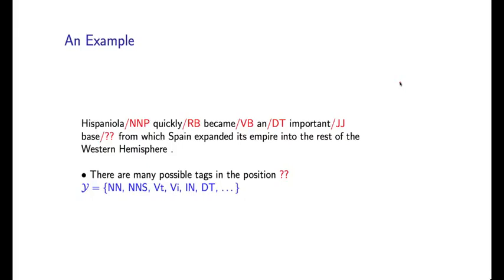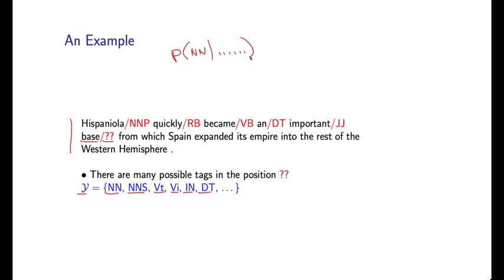So let's consider this modeling problem that we're left with a little bit more closely. And to do this, I'm going to use the following example. If we consider this word base, there are many possible tags at this particular position for this word base. And we'll use script Y to refer to this set of possible tags. So we have, for example, singular nouns, plural nouns, transitive verbs, intransitive verbs, prepositions, determiners, and so on and so on. And our task is going to be to estimate the probability for any one of these possibilities given the